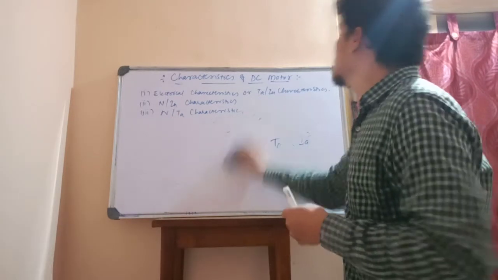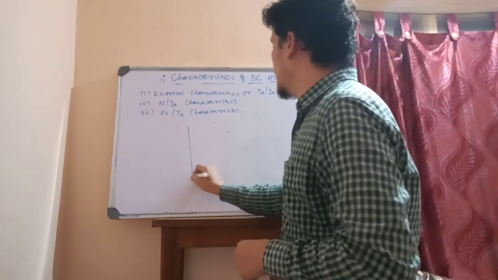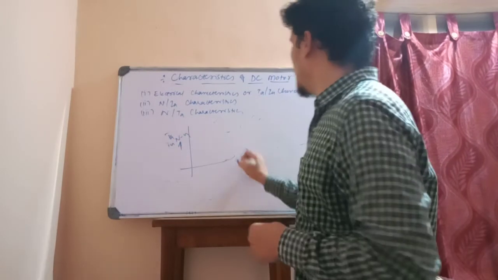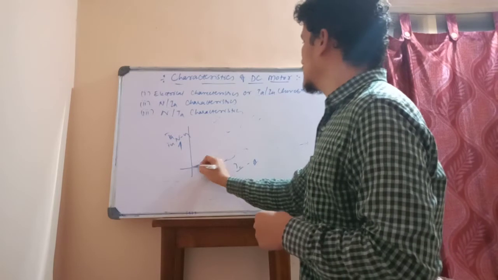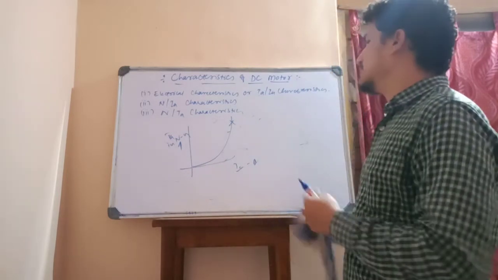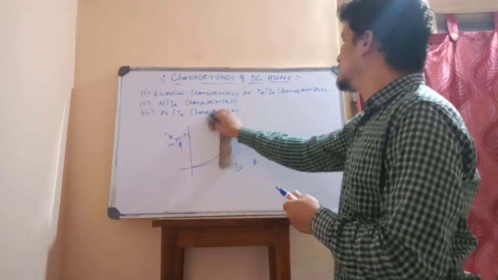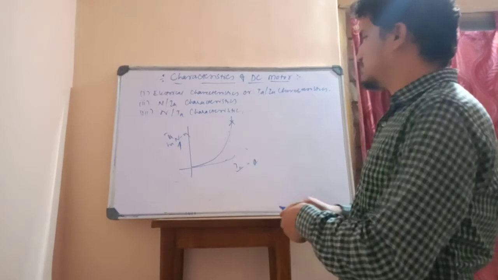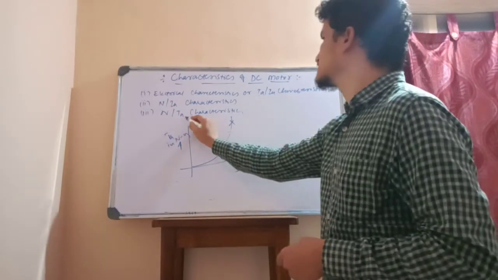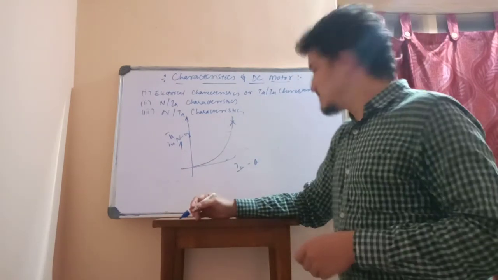How? It should obey this equation. TA is directly proportional to IA square. So now TA in Newton meter and IA in amperes. So it will go like this, and this is the maximum point at which the TA is developed. The maximum TA that is developed is this point. Beyond this it cannot withstand. It will lose its stability.